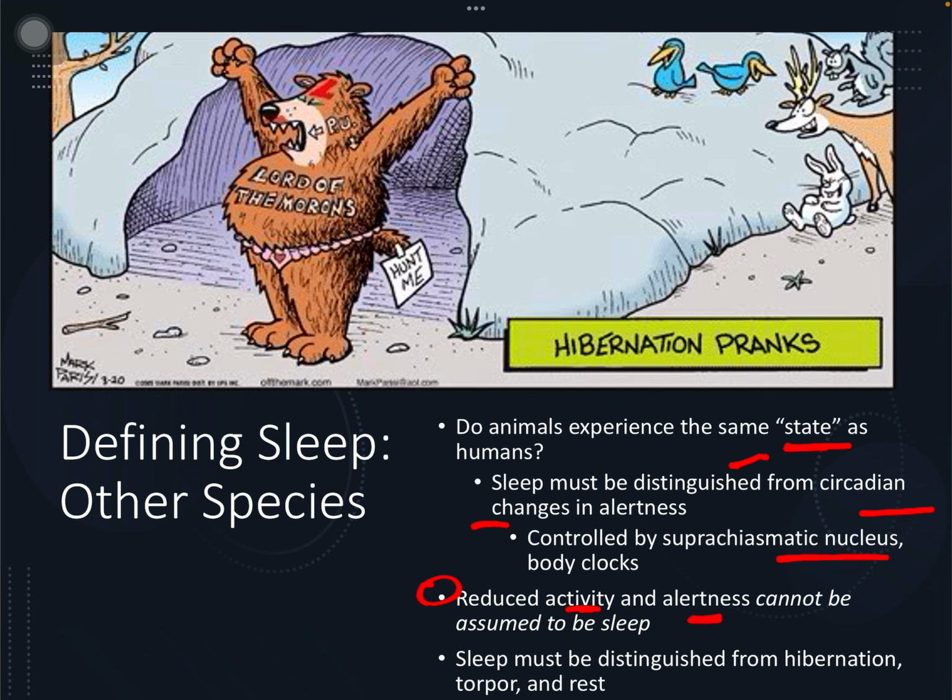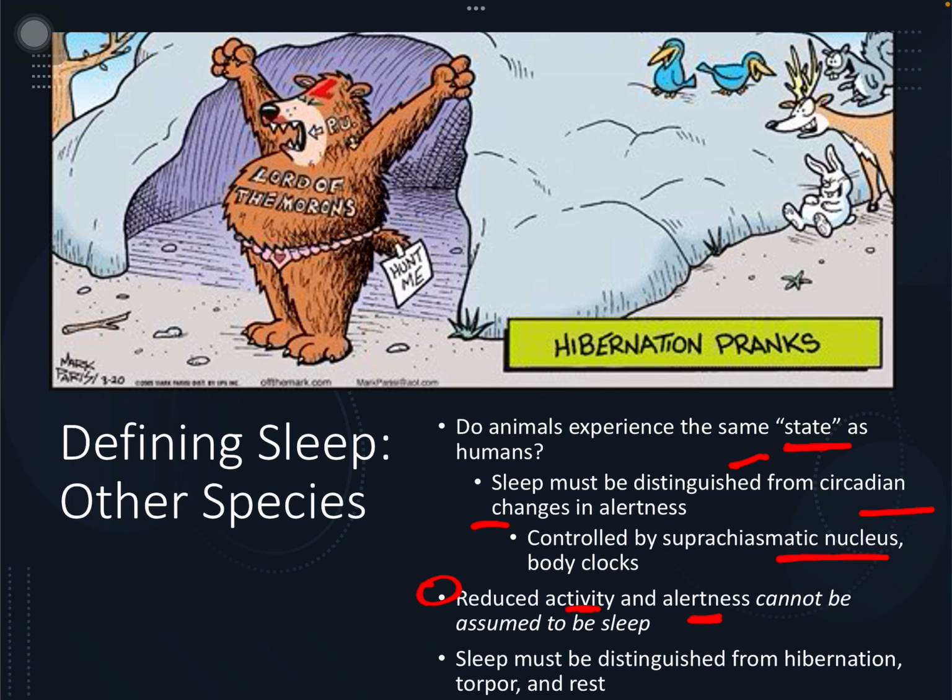We have to be able to have a definition where we don't just assume that reduction in activity and alertness is sleep. So whatever definition we fall on has to consider this, and it can't just be reduction in activity and alertness. It has to be more than that because we know that there are other states that are similar to sleep but are not